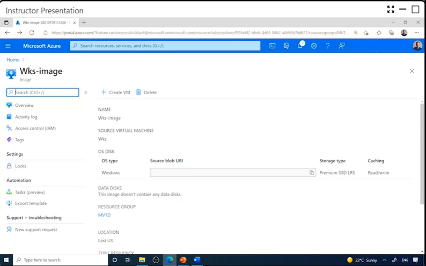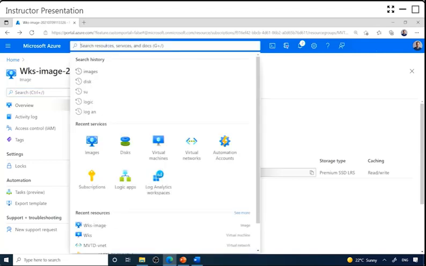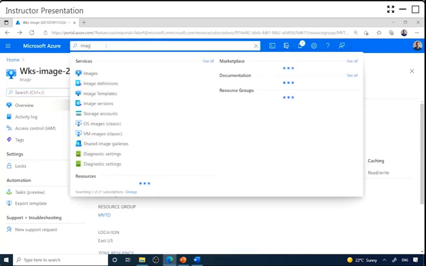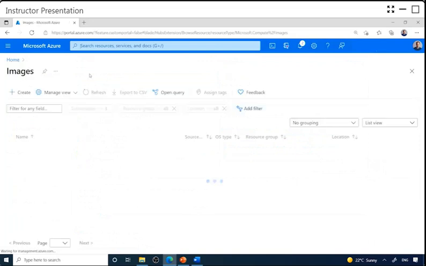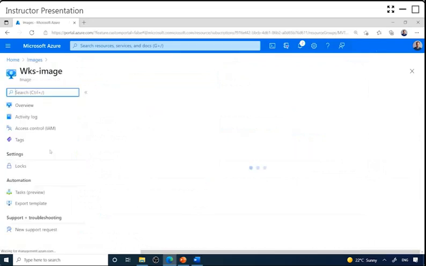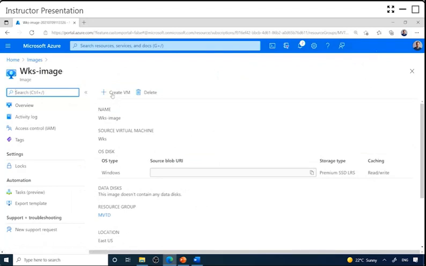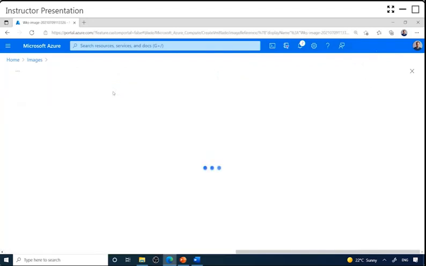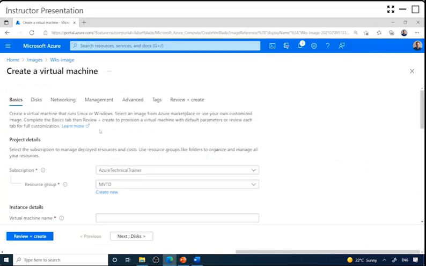All right, now you saw how you capture the image. Now we will create a VM based off this very image we just created. So let's do that. You need to find your images. So you go to Images, under Services, and you'll find that again. Once you click on that, you can create a VM out of this image. I'll hit a plus sign here,